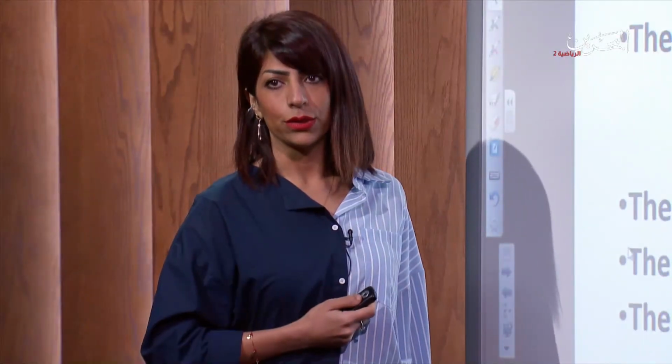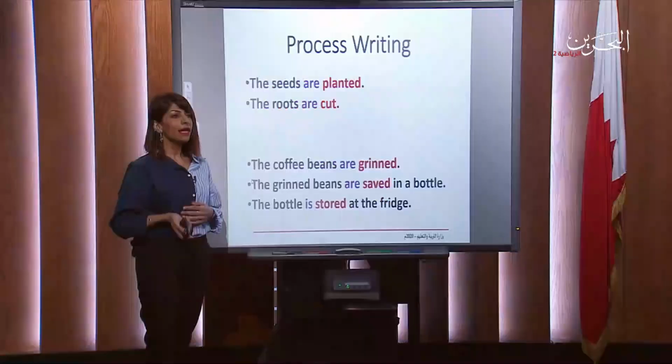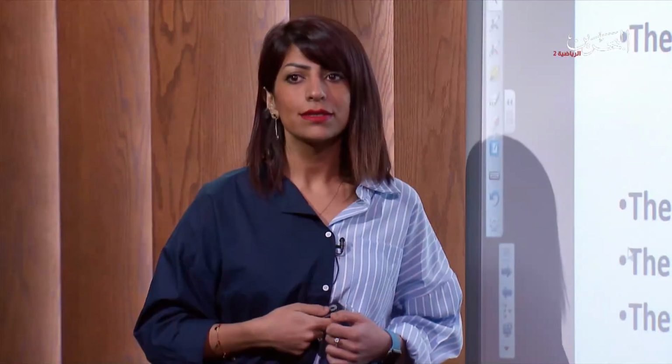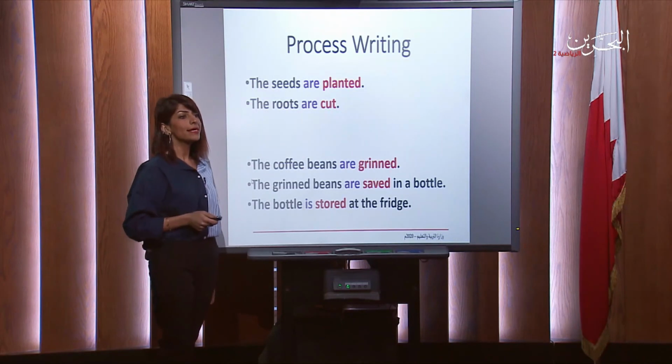This is the way it goes. For example, these are two processes. These are two steps, two stages of accomplishing and achieving a certain process. For example, the seeds are planted, then the roots are cut. Another process is: the coffee beans are ground, then the ground beans are saved in bottles. Finally, the bottle is stored in the fridge. And this is how I am going to apply the passive tense in writing the process